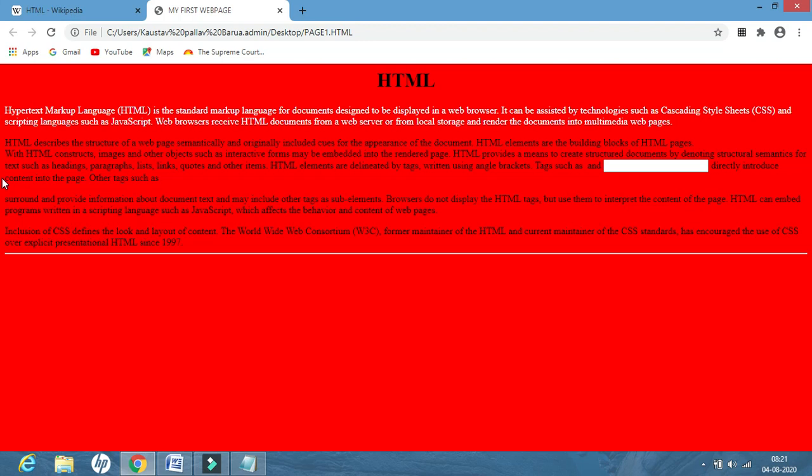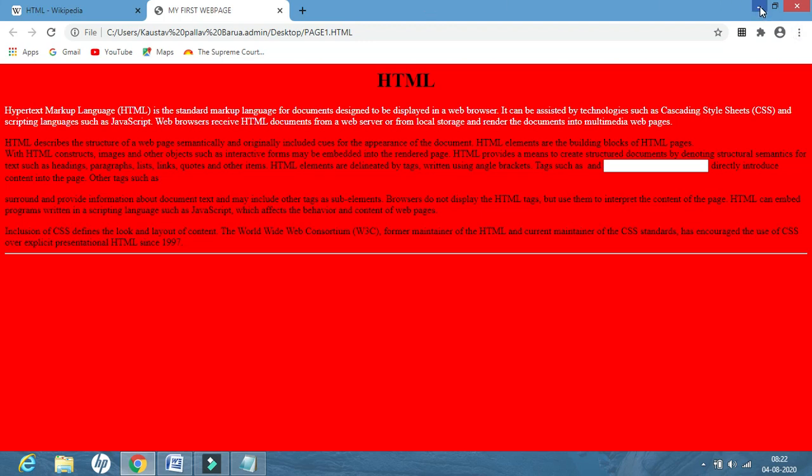The paragraph is not changed. How do we know the paragraph is changed? We know when there is a gap between two lines. This means change of paragraph. But if immediately after this line the next line is displayed, that is done using break. That is not change of paragraph. So for today we will learn this much only. In the next class we will learn again something new for HTML.